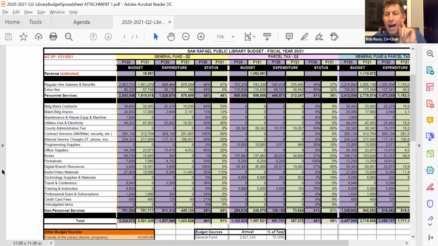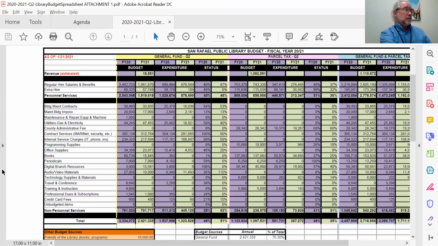Did hourly people's time get cut, so they also didn't get paid during this as well? Yes, all temporary staff were not working during the shutdown, and we brought back a limited number of those staff on a very conservative basis as needed. We're starting to ramp up more temporary staff, which is usually our pages and people that would maybe work for another library system and get extra hours with us, and we use them to fill in on the weekends or nights, because we're a 7-day operation. But we are underspent